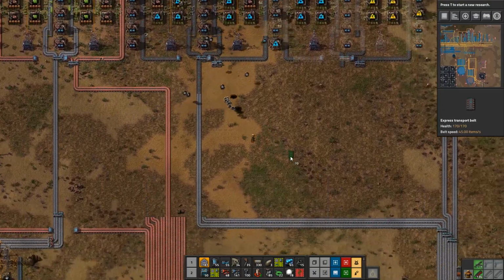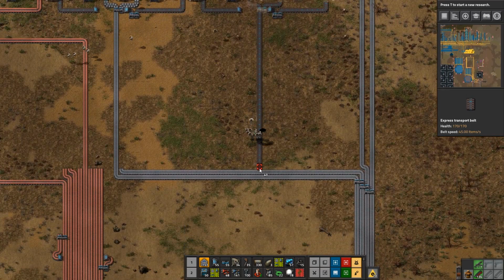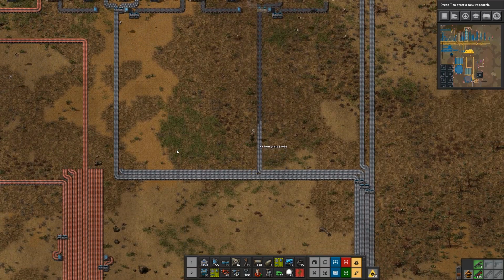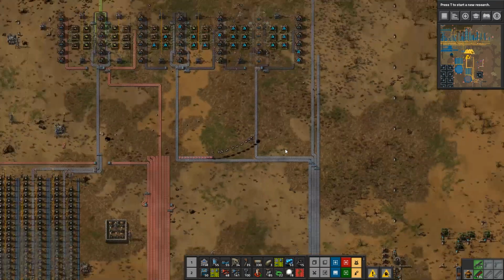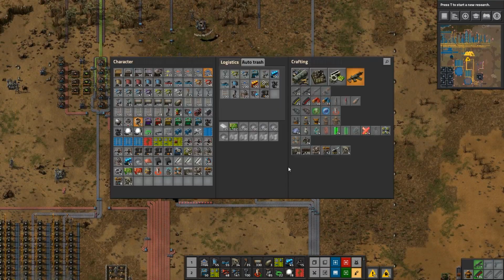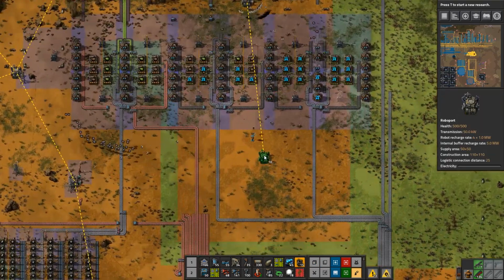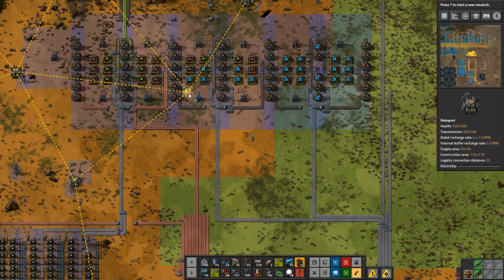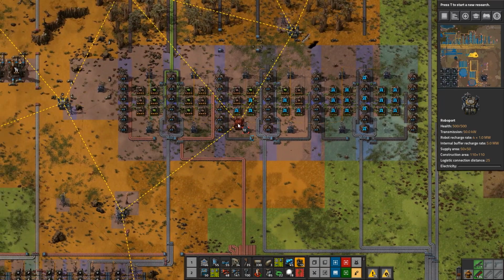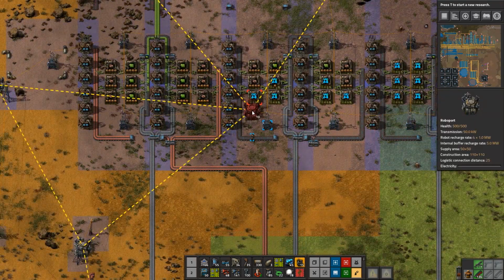Let's see, yeah, iron is in the middle. And then we do the same here, getting the iron in the middle. And then we can remove this. Now, is this in the logistic network now? No. Do we have room in here? Yes. This is also a place with room for